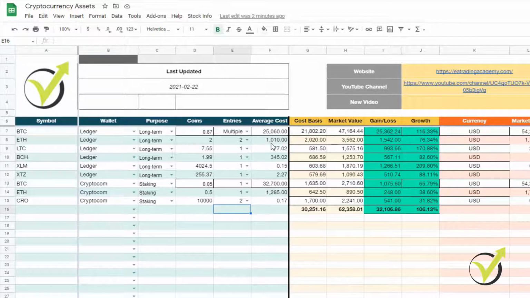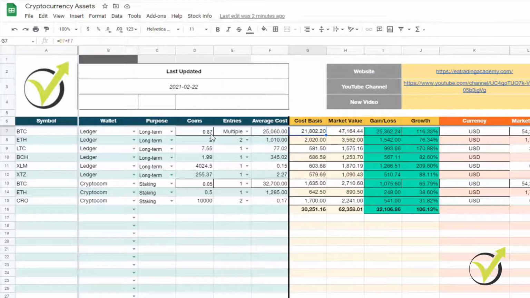And then I have the average cost, like how much on average I have spent for the asset. So for the Crow, I have an average price of 0.17, and for the Bitcoin I have 25,000.